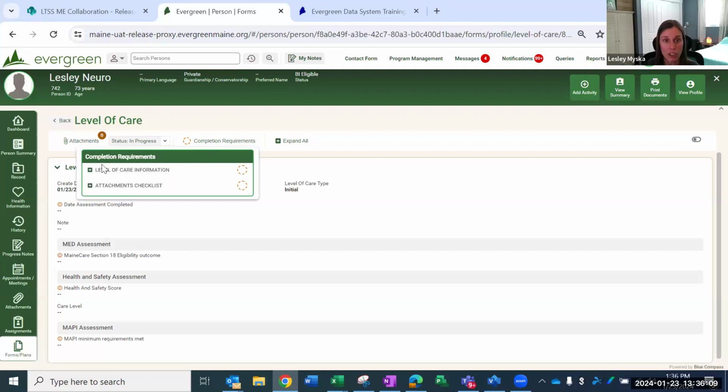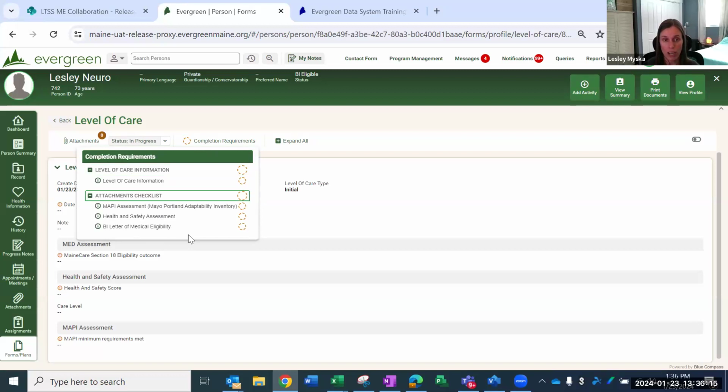You can see that your completion requirements are not met, and you can see what needs to be completed in order to submit this. So in order to submit this so that it would then route to the BI waiver manager, which again, Liz is sort of dual role right now, so she'll be doing all of her own workflows. But if there was a BI case coordinator, they would complete this, then submit it, then Liz would get notified and she would review and approve it. But for right now,